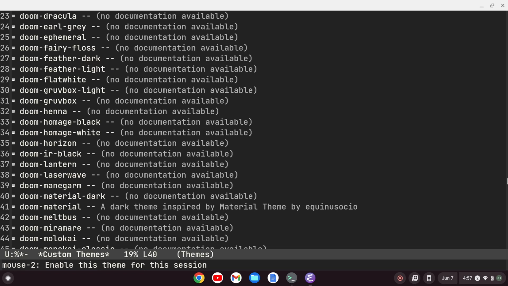I can do Alt-X and just type in package delete. And then I'm going to delete Doom/themes. And then if I hit Tab, it auto-completes it and spells out the rest. And I'm just going to hit Enter, and all the